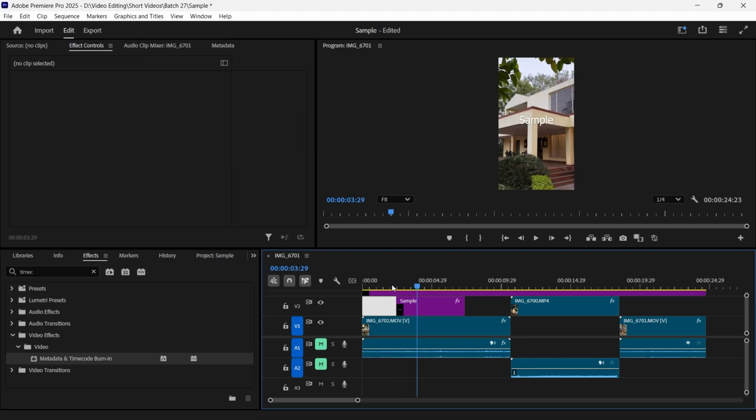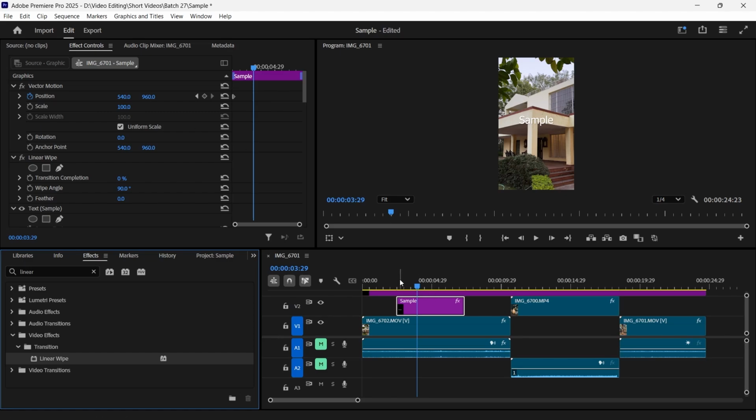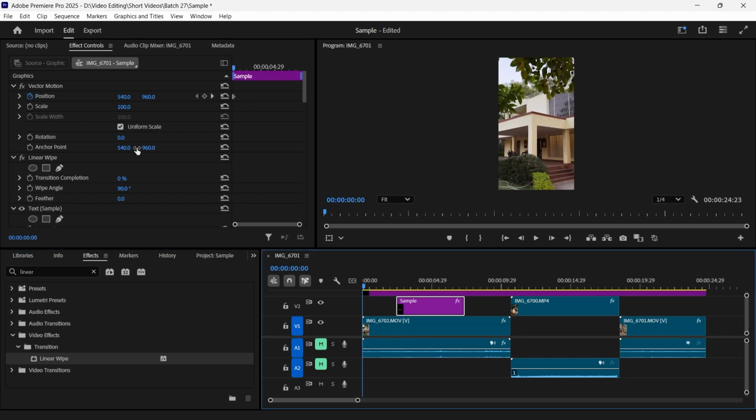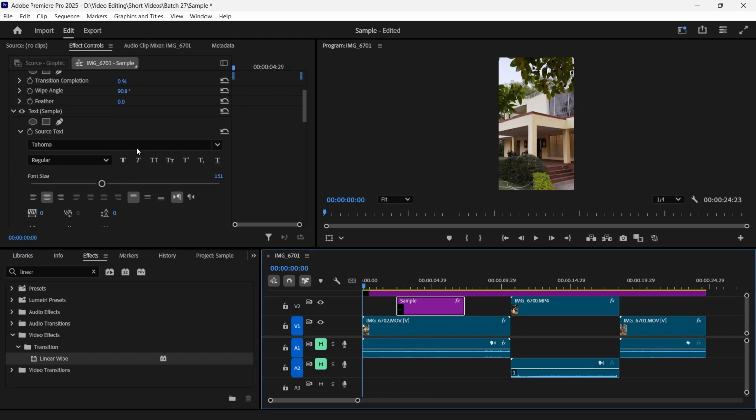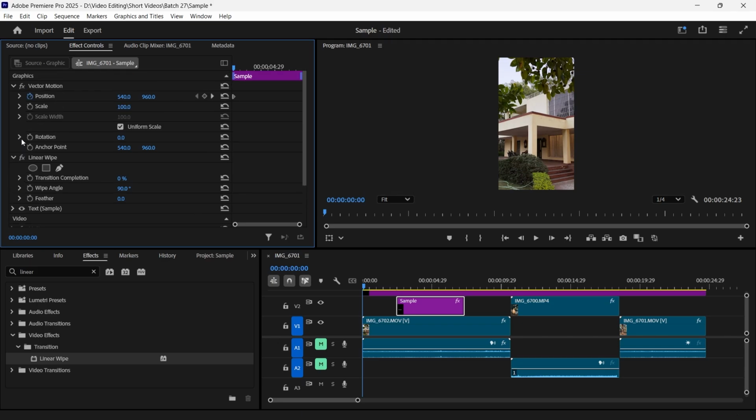Now, if I want to apply that effect, just simply under the effects panel, search for linear wipe right there. If I quickly search for linear wipe, here you can see under the transition, just simply apply it to the video you want. Once you do it, you'll notice that under the settings, open the settings for that particular text right there. Here you simply need to transition complete, just simply extend it